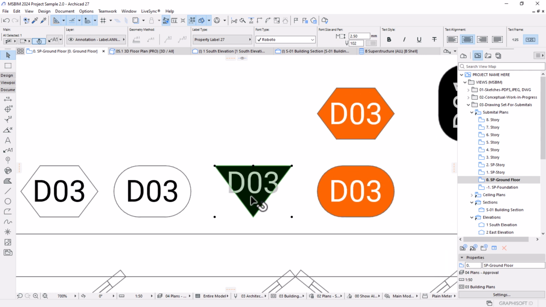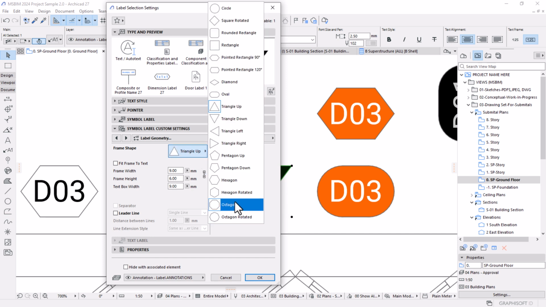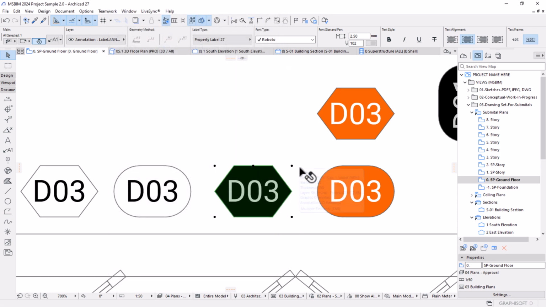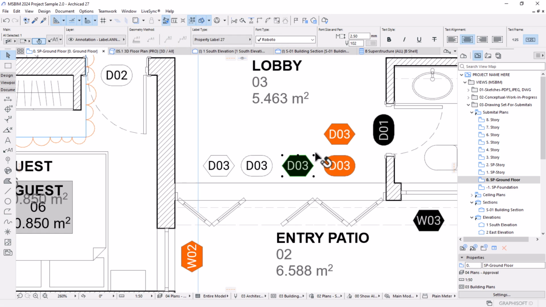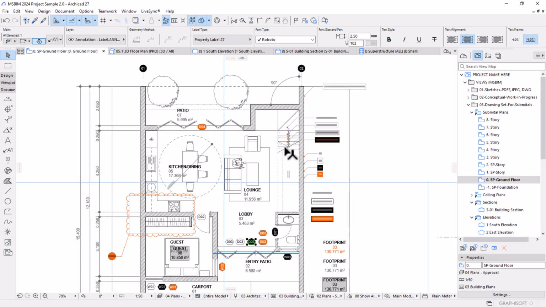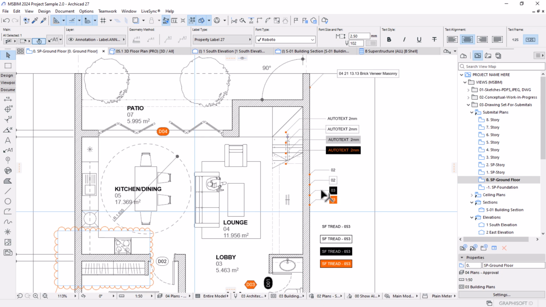You see, it's not suitable for this kind of labeling. Maybe if I change it to something else, like hexagon, right? Yeah, stuff like this. So it has variety, and in different contexts we have labelings for stair information,